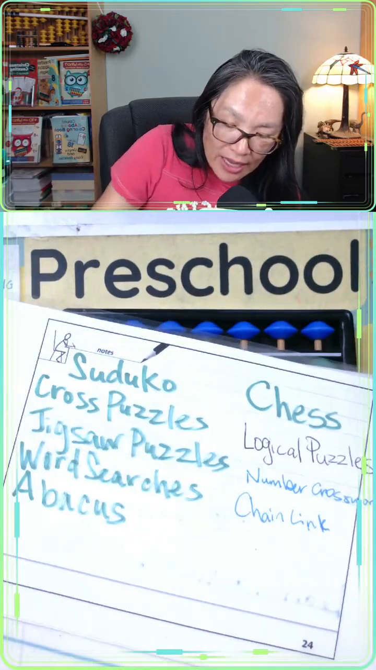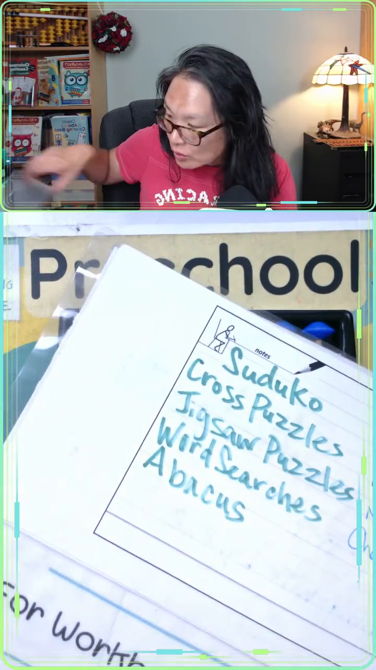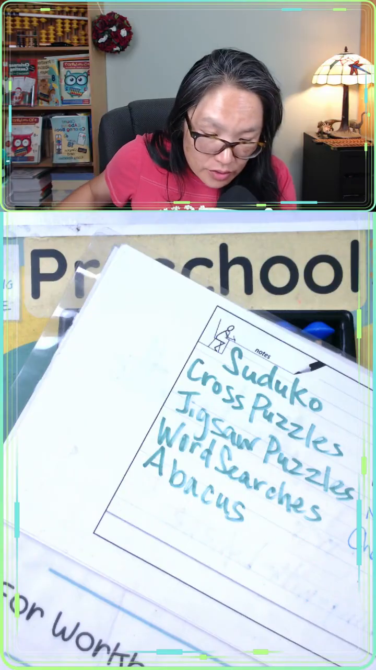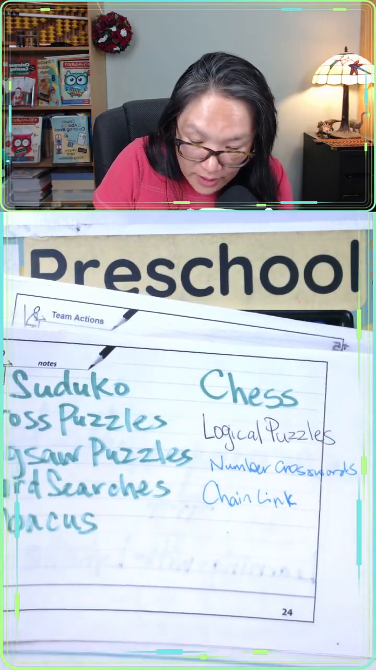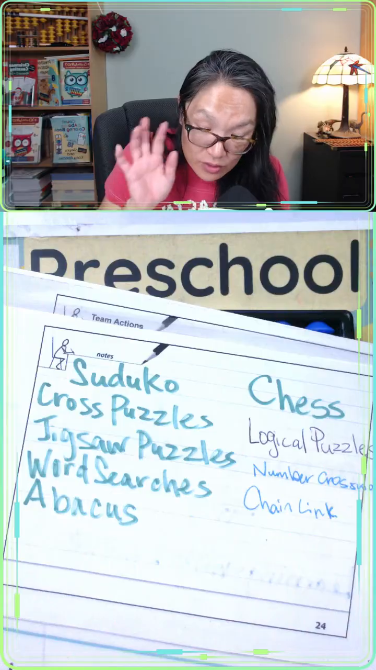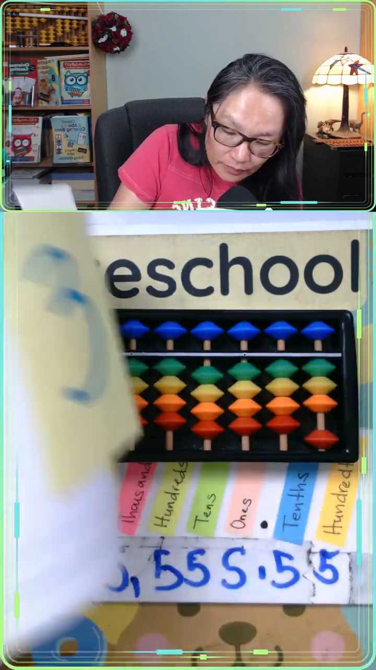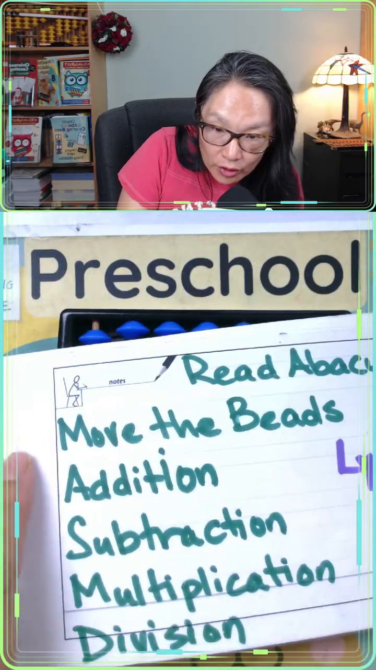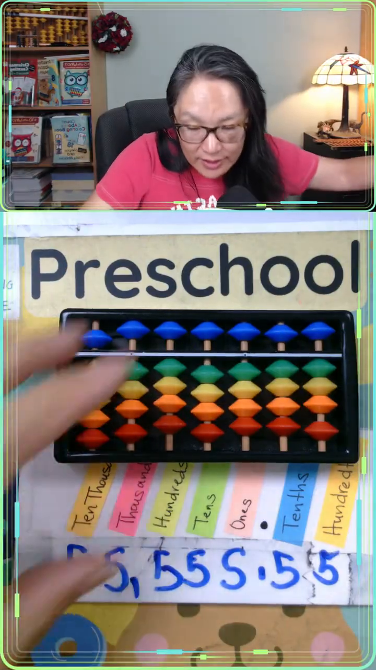Now, you might be wondering, well, why would adults want to learn? Adults would want to learn if they like to enjoy jigsaw puzzles, word searches, Sudoku, chess, logical puzzles, number crossword puzzles, and chain links. I'm going to add abacus to it because we can do basic arithmetic: adding, subtracting, multiplication, and division. And that's what we're going to do. We're going to go through and understand how to move the beads. So the first thing we're going to do is understand this